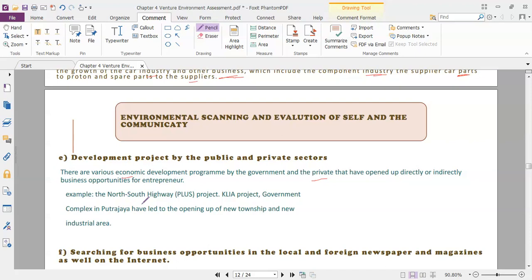For example, the PLUS and KLIA project, government complex Putrajaya has led to the opening up of the new township and new industrial area. So maknanya we will look at the development of the location, for example. Is there any project by the public or government? For example, such as